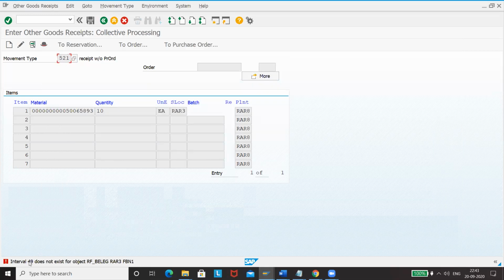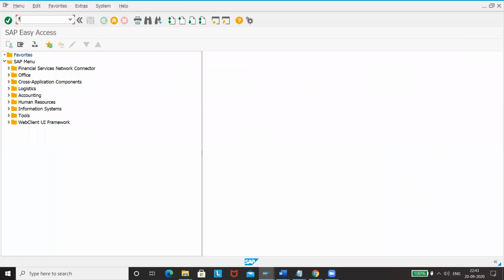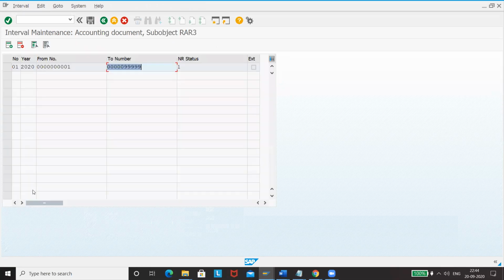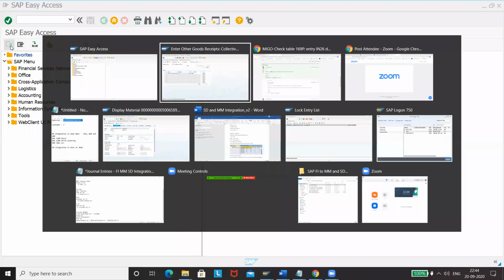So whenever you get this error, it means it is working fine. Go to FPN1 and then, for your company code RAR3, come here and add number ranges. Give 49, 2020, and then 49, give any number which is not coinciding with anything else. Yeah, this we give. So once you save, come out and then try again.